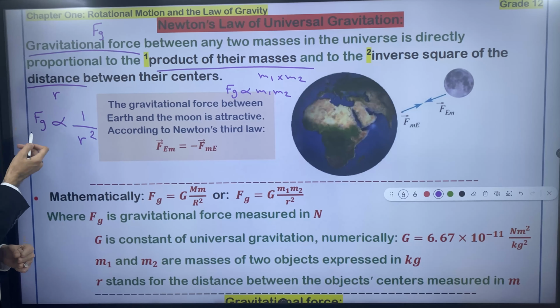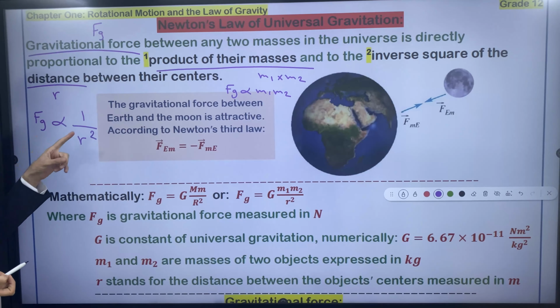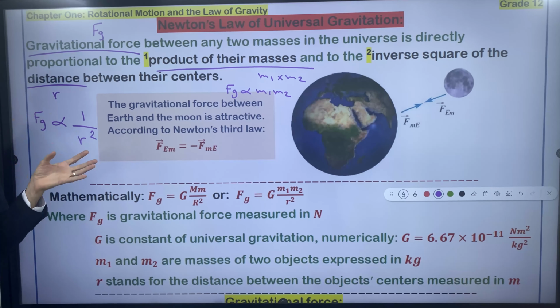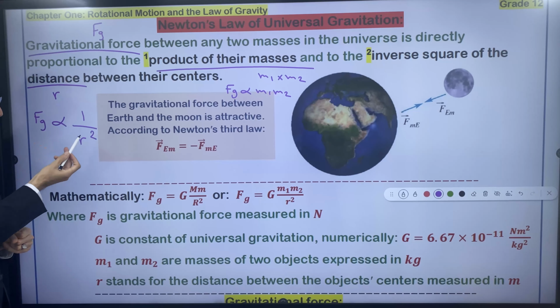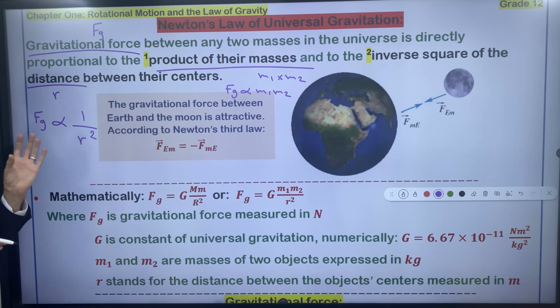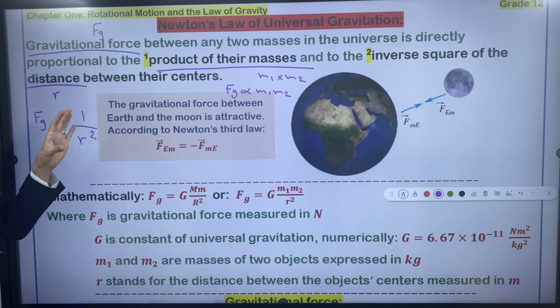You can read this relationship as Fg is directly proportional to the inverse of the square distance, or you can say gravitational force is inversely proportional to the square of the distance between the objects. It doesn't matter. In either case, you have to mention inverse,